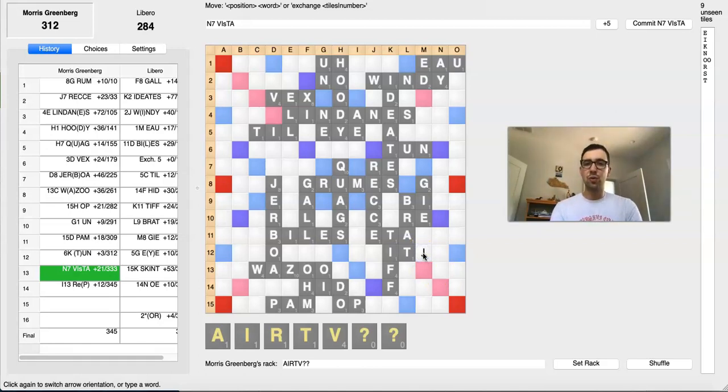So Morris would have to use one of his blanks and make a play there. And it turns out that one play there, I won't spoil which one yet, is the only one that wins 100% of the time. But before I dive into those plays, I do want to address one other potentially promising strategical possibility for Morris here, which is actually totally counter to this whole idea of trying to block Libero's bingos and scoring plays. And it's an idea that's very important when you've got a strong rack like this, since sometimes